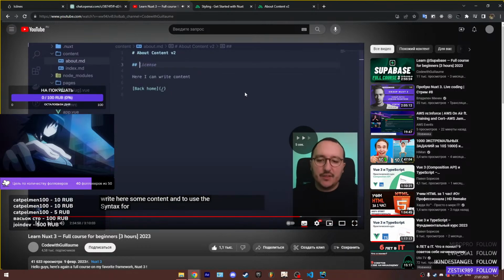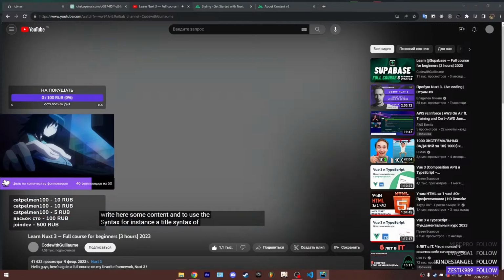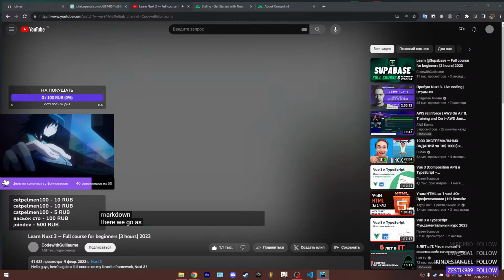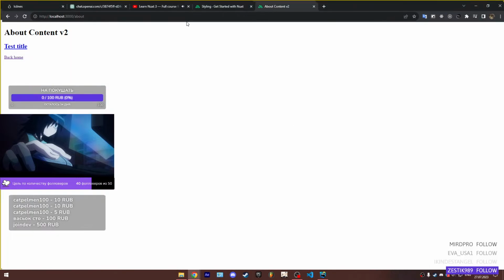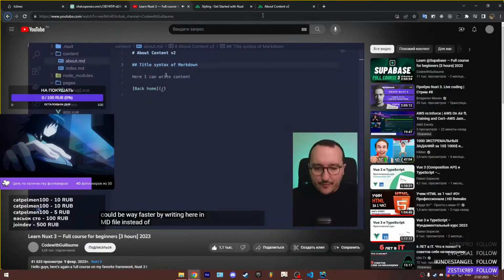So use, for instance, the title syntax of Markdown. There we go. As you see, you could be way faster by writing here in an MD file